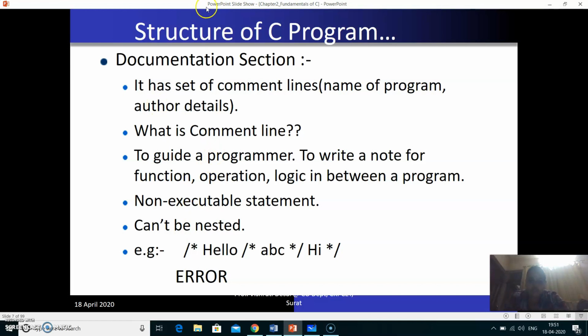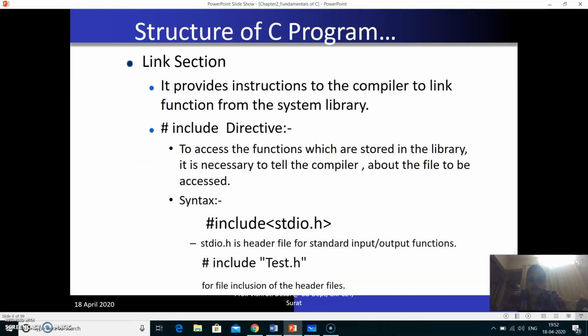First one is the documentation section. Now basically what is the need of the documentation section? As a programmer, whenever we are writing the program, we need to provide information to other users as well. Even after some days, when we want to refer to the same program, we should be able to understand what we have done in that program. What type of input we are using, what type of output we are expecting, what type of variables we are using, and what is the specific task of that program. Apart from that basic information, you may even want to provide who is the author of the program and when that program was created. That type of information should be written in the documentation section.